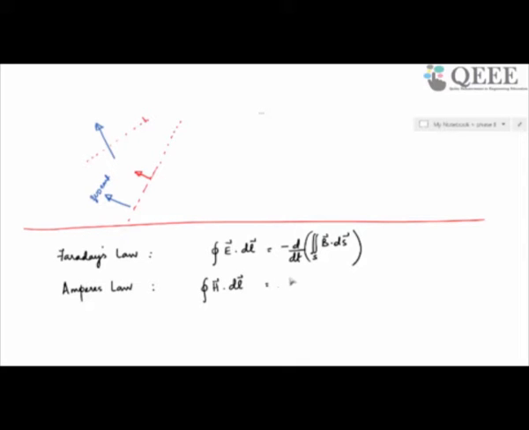You can induce a magnetic field from a steady current, which is the surface integral J dot ds, or you could induce a magnetic field from a time varying electric flux. So you had d by dt of the surface integral D dot ds. So the time rate of change of electric flux can give rise to a magnetic field, and a steady current also can give rise